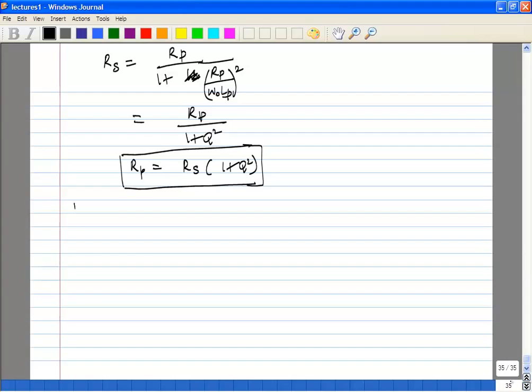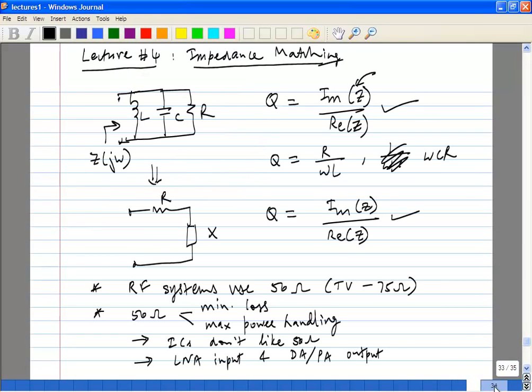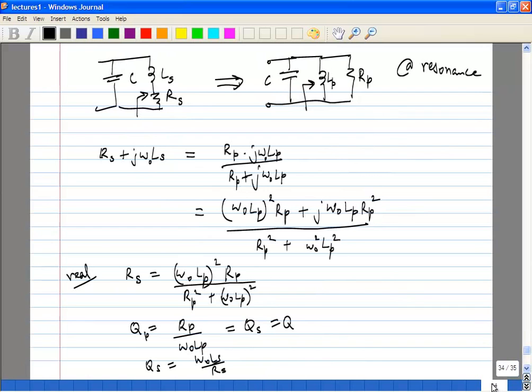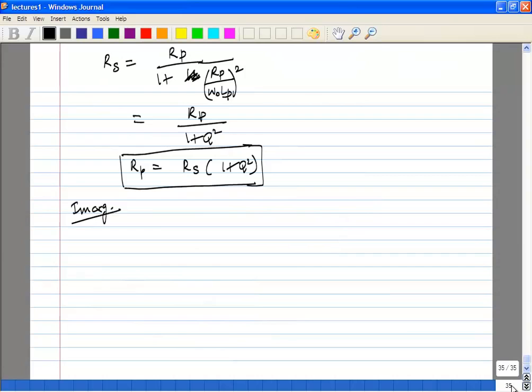Okay, so let's look at the imaginary part. Let's go back and look at the imaginary part. What is the imaginary part? On the left side it is j omega naught Ls, and on the right side it is this portion, j omega naught LP RP squared over RP squared plus j omega naught LP squared. So we'll equate those also. Omega naught Ls equals